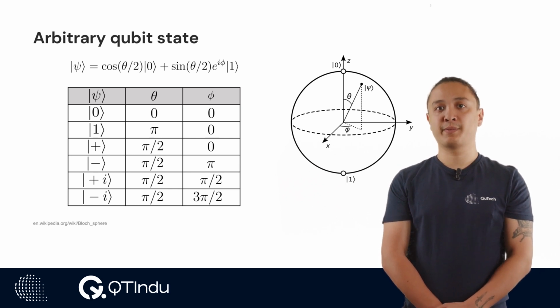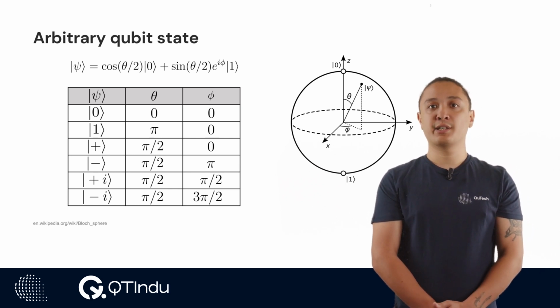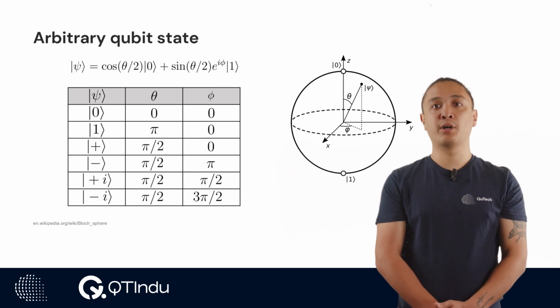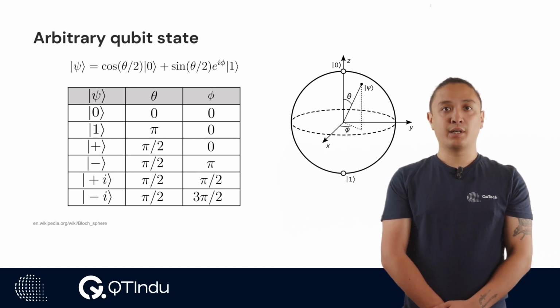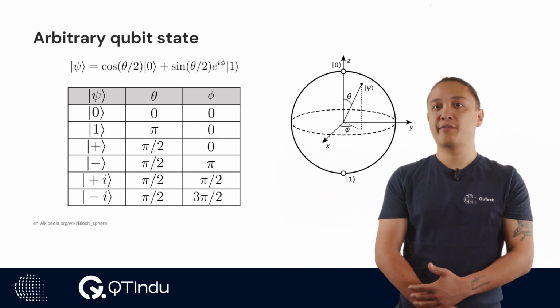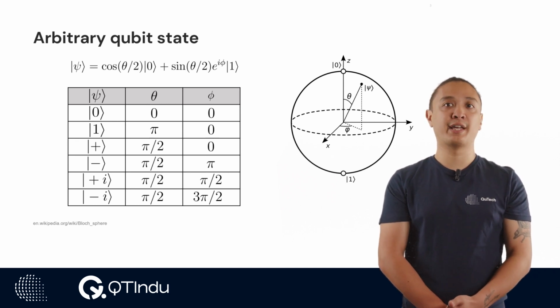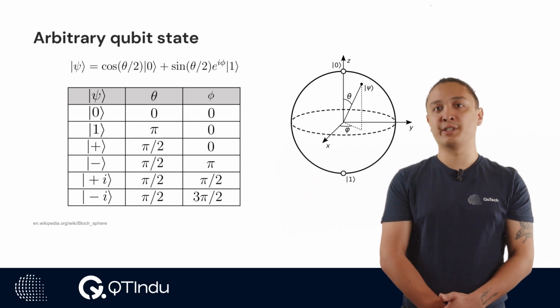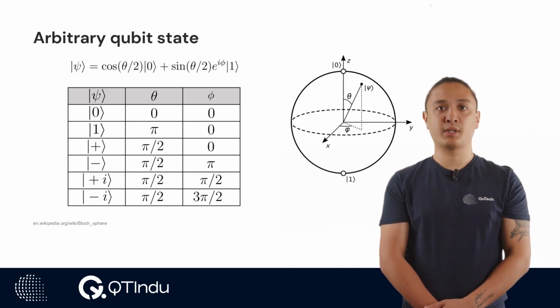On this slide, we show some examples of qubit states and which values of theta and phi would correspond to them. For the 0 and 1 states, we simply take theta to be 0 or 2 pi. We put values of phi equal to 0 here. However, in practice, phi can take on any value here since the phase of the qubit state is irrelevant at the poles of the Bloch sphere.